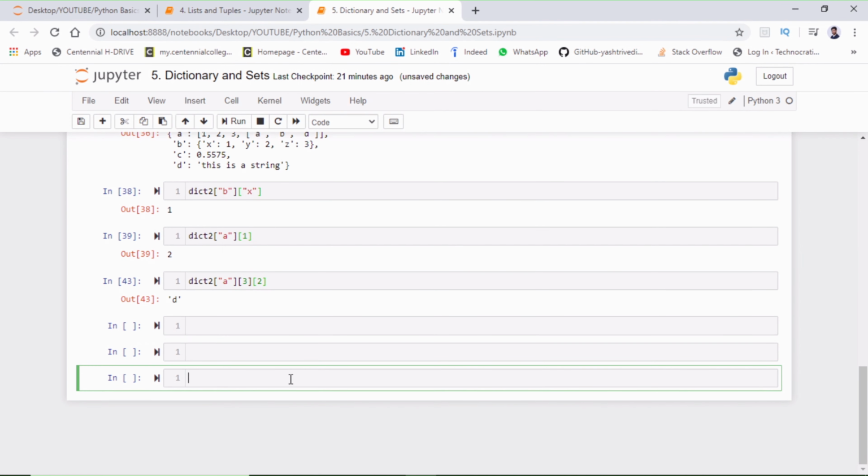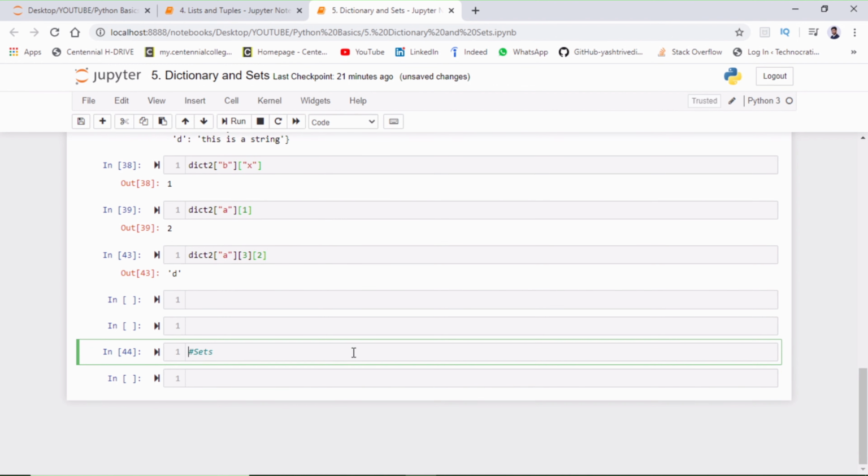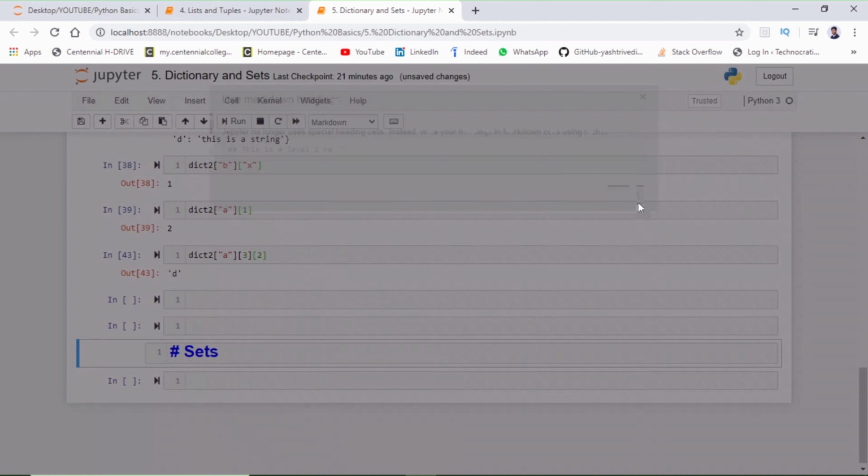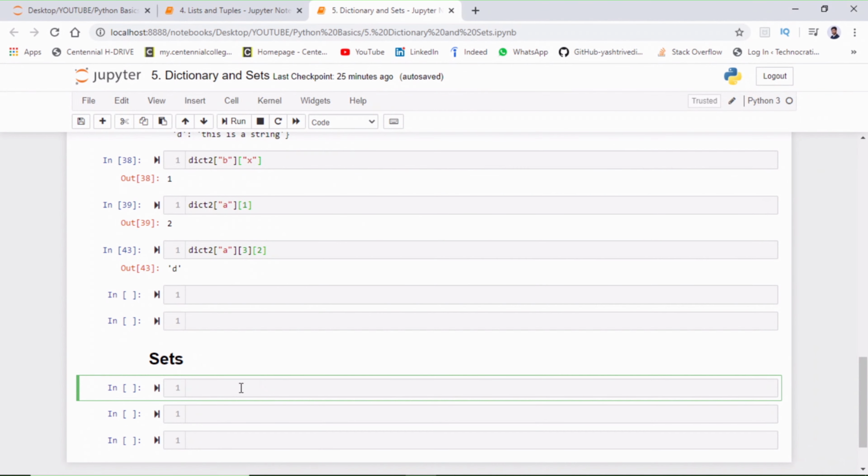And now let us understand the sets. Okay, so as I have mentioned earlier, to define a set, we have to use the curly braces.